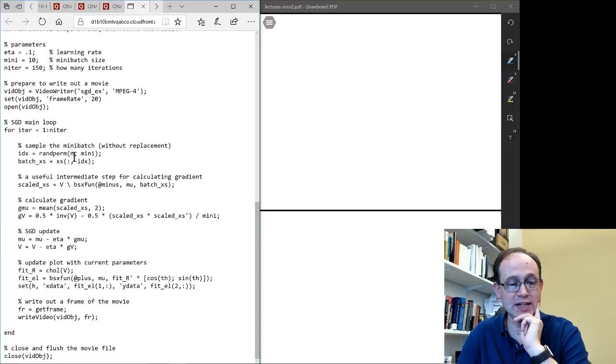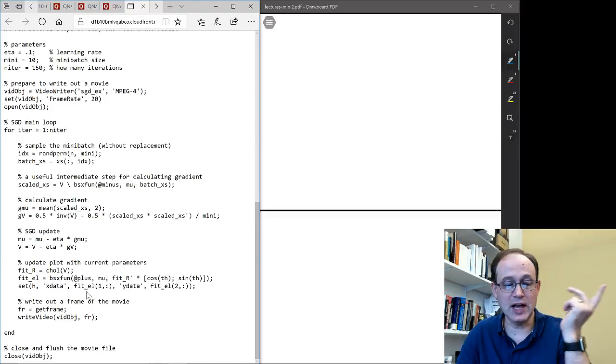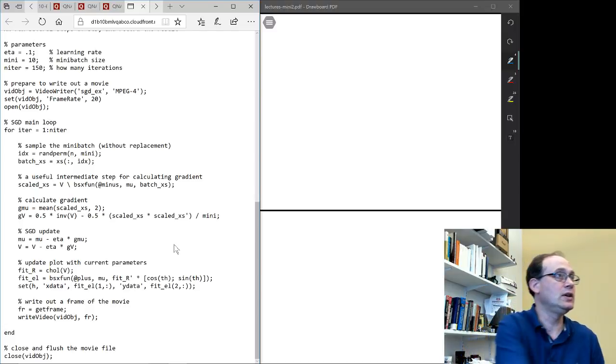In each mini batch, in this case, I used without replacement sampling, so I take a sample of 10 distinct training points and just store them in batch x's. And then here, you don't need to understand these formulas yet because we haven't derived them, but you calculate the gradient of the likelihood with respect to mu and the gradient of the likelihood with respect to variance, and you update mean and variance. And the way you do that is you subtract the learning rate times the gradient from each one of them. All right. And then we update the plot and write out a frame of the movie. So hopefully that code makes sense. And now let us